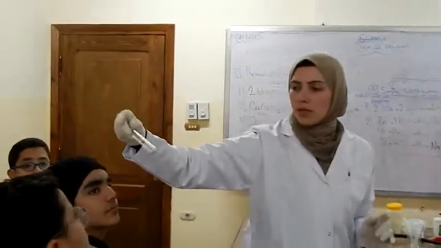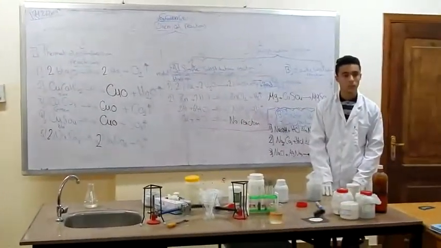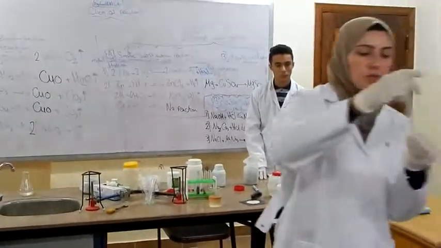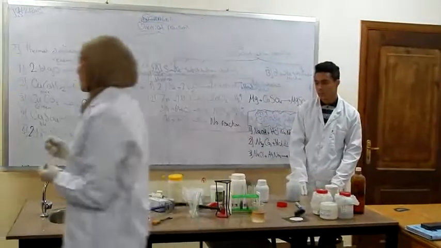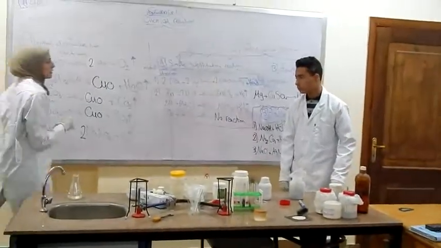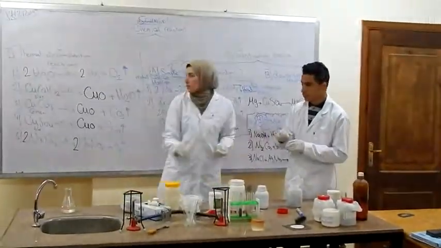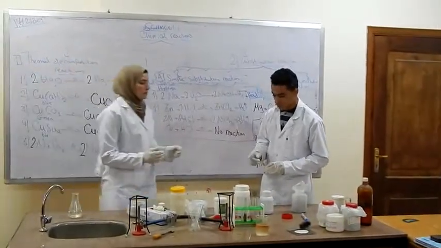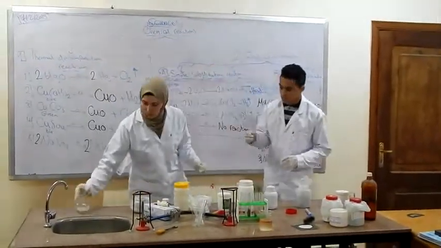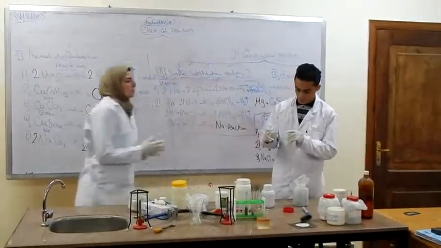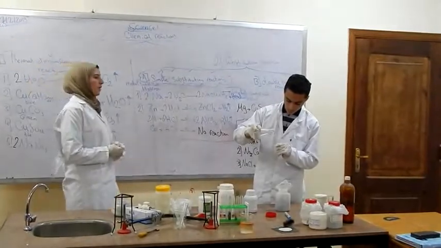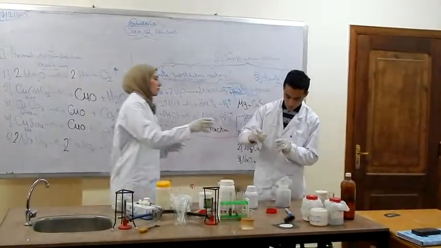Aluminium solid metal. We pour some hydrochloric acid above the metal. When we put hydrochloric acid above the aluminium metal,